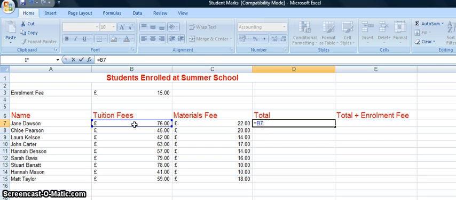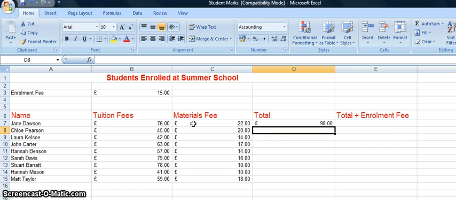Now in this case, we're just simply adding the tuition fee to the materials fee. So we'll put in the plus sign, and we'll now click on the cell that we next want to include in our calculation. So our formula here is equals B7 plus C7. And when we press enter, Excel will perform the calculation, and it will add the contents of B7 to the